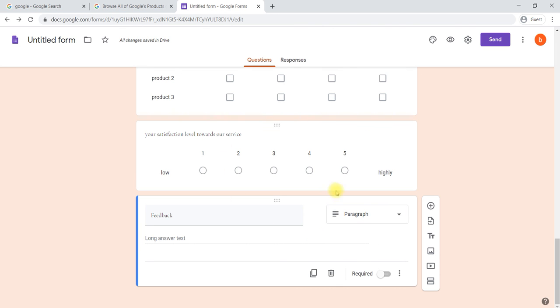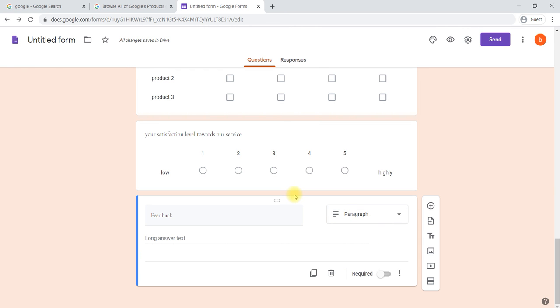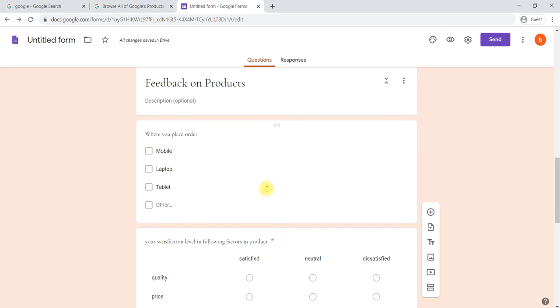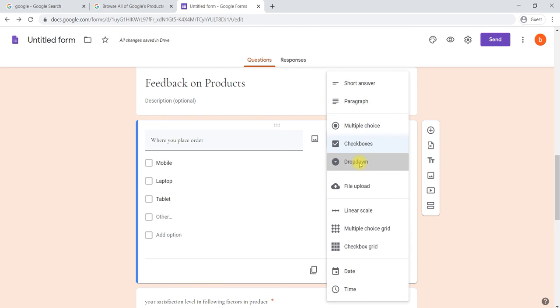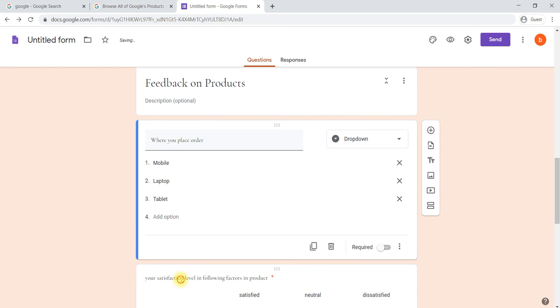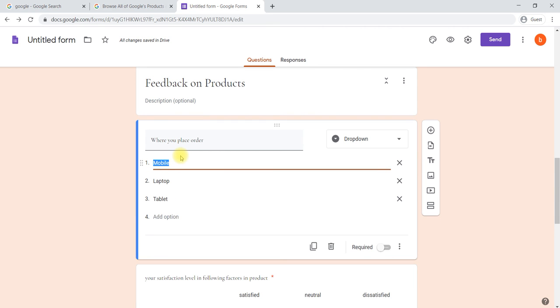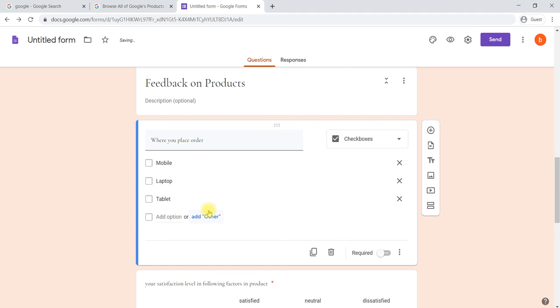Okay, this is about all the other types of questions we can ask. We have utilized all of them, apart from the drop down. The drop down is the same thing, but it will not look like this, it will look like a drop down menu. If you select a drop down, when you look at it, it will look like this, and any of them can be selected. Here we are using a multiple checkbox.